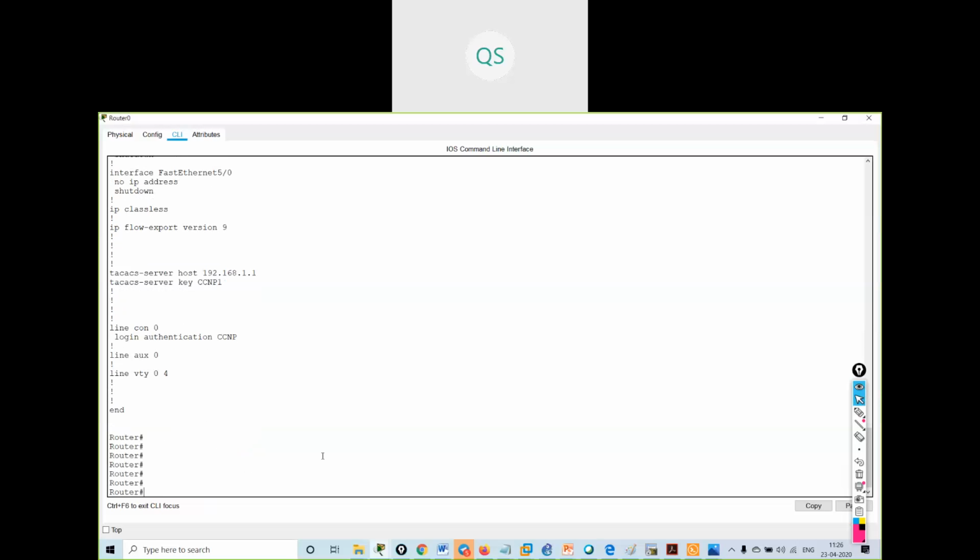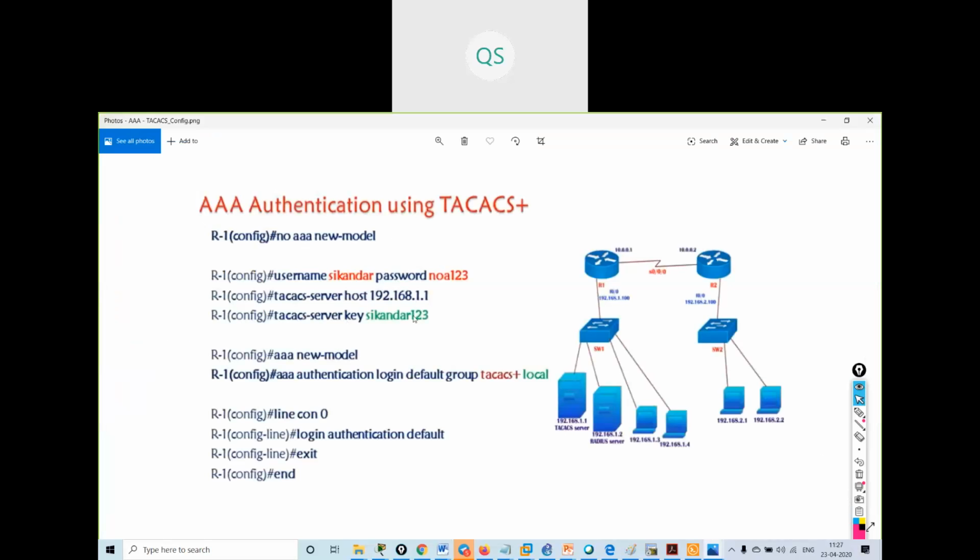It should not take local authentication. I have given the command aaa authentication login with group tacacs+ local on console 0. So it should not take local authentication. Why is it taking local authentication? The AAA server is on. Okay, just a second.